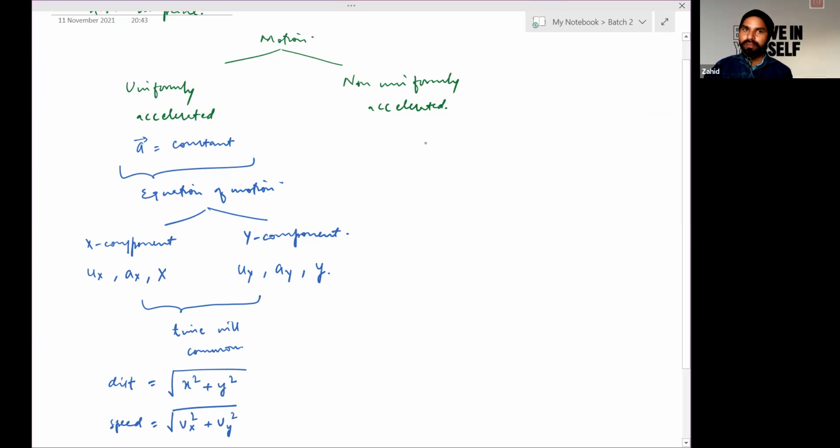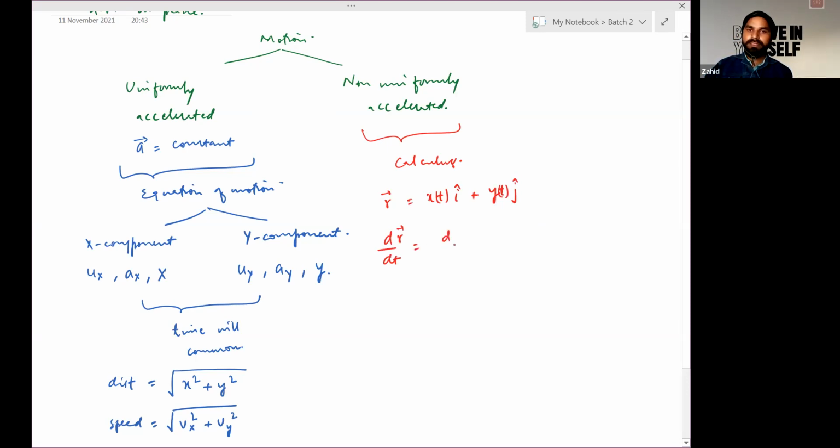Similarly, for non-uniformly accelerated motion, all the different quantities will be variable, time-dependent or position-dependent functions. So we will use the calculus method. Let's say the R vector defines the position. So it will be x times i cap plus y times j cap. If you differentiate it,